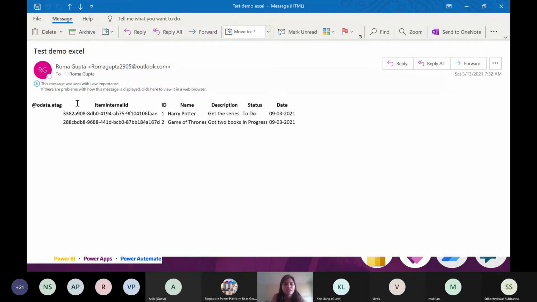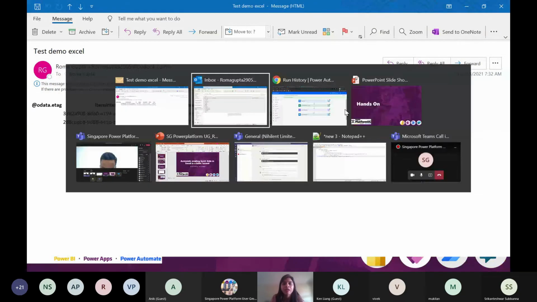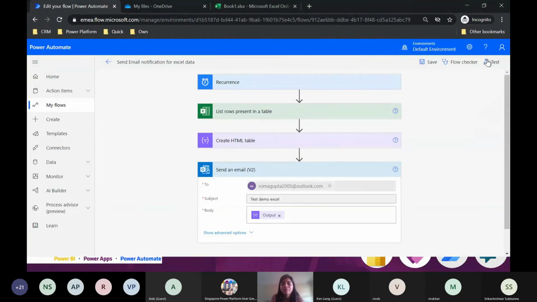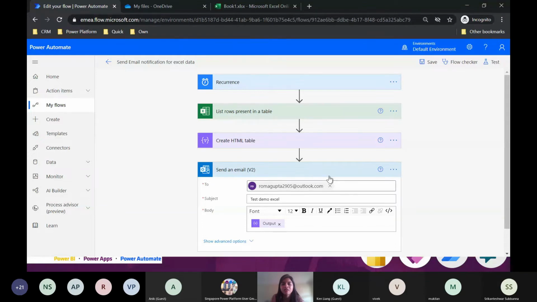But if you see, there are 2 things that I don't want now. I don't want these 2 columns because those are internal and not of my use. Also avoid sending unnecessary data to any customer or client or even to yourself, just to save that space or headache. And I also want to have the borders of the Excel. So let us go back. I'll edit it. Let me minimize this section.